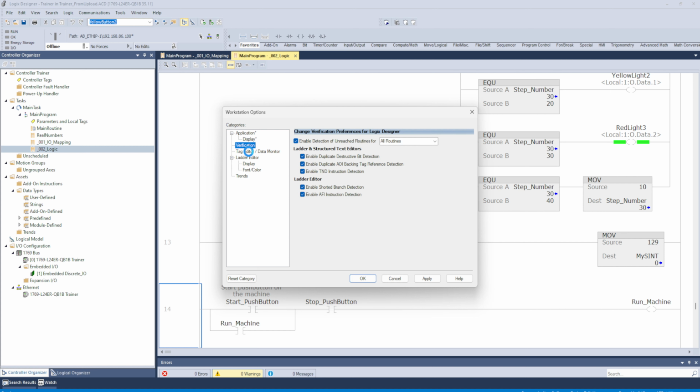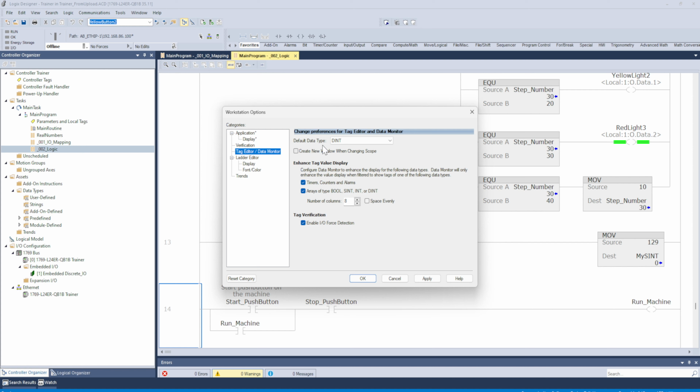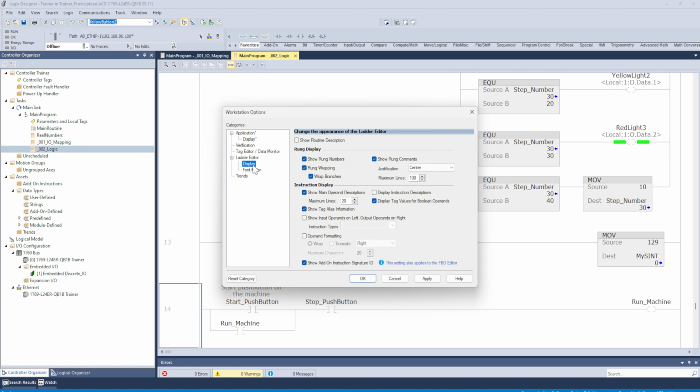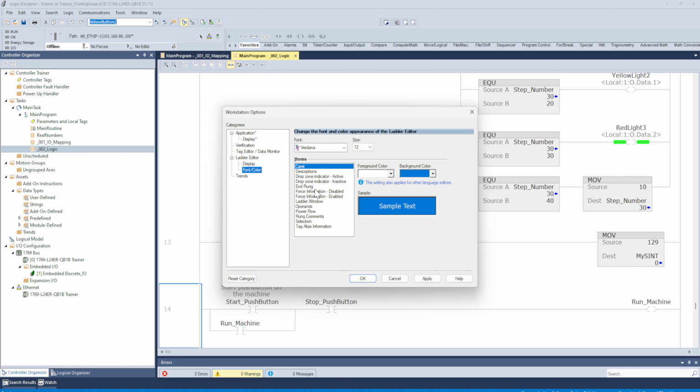Verification, leave it default. This is the default data type. You could just leave it double int. And on the ladder editor, on the display, you could show, I will not touch any of them, but the font and color, if you want to look at the rung